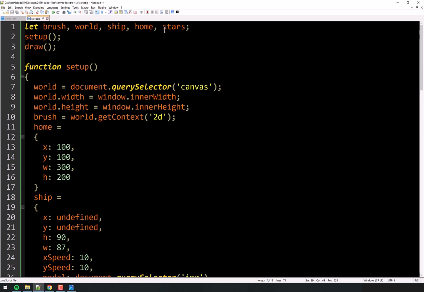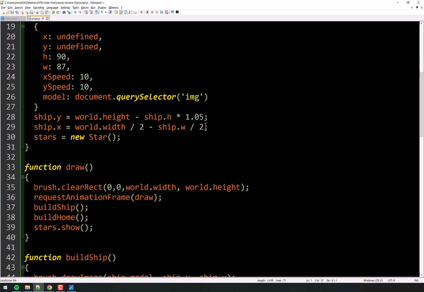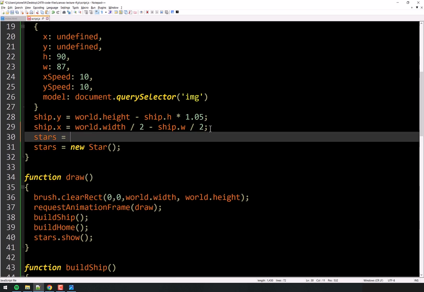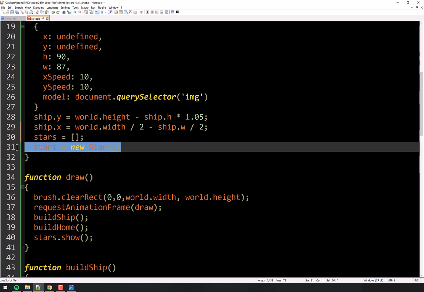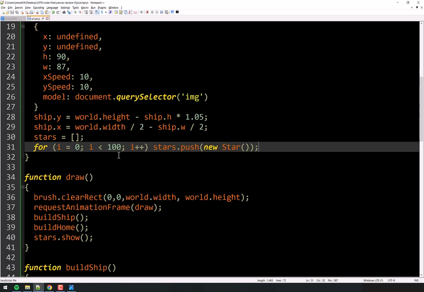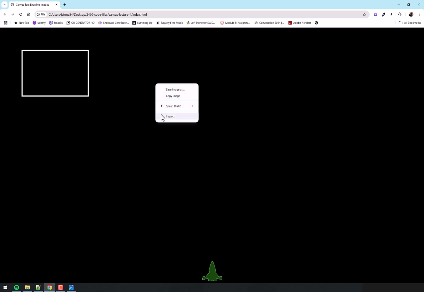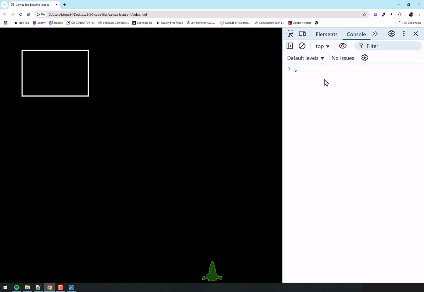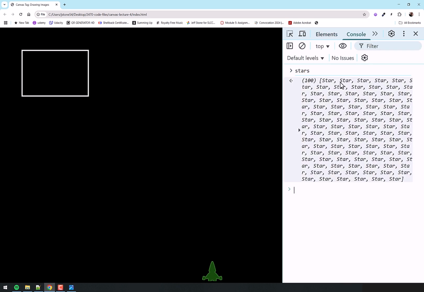Right now, this stars, we need to initialize it as an array. So right here, we'll say stars equals an empty array. And then, rather than doing this, we're going to do a loop. We'll say for i equals 0, i is less than 100, i plus plus. And in there, we'll just say stars dot push new star. And so now I've just made an array that has 100 elements in it that are all star objects, right? So when I load the page, we won't see them yet. Actually, I need to get rid of that so we don't get an error. Refresh, we won't see them, but if I come over here to the console and type stars, you can see there it is. That's 100 star objects.